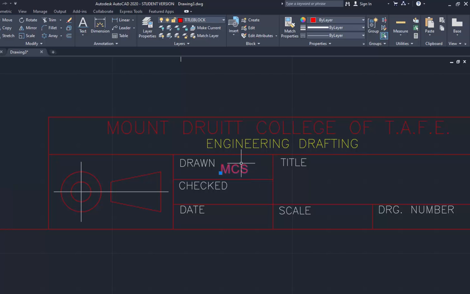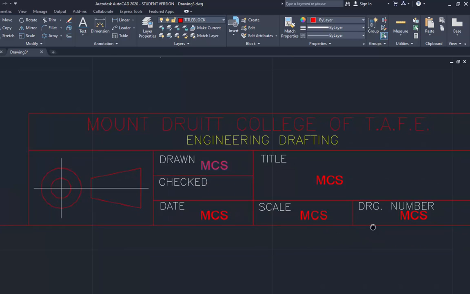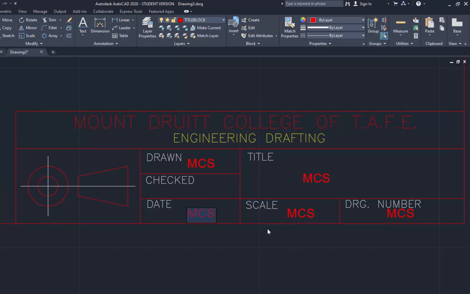Now, in order to cheat, I'll just create one of those and then copy, and I'll move that into all the others that I need to have text in. So then I'll go through and put